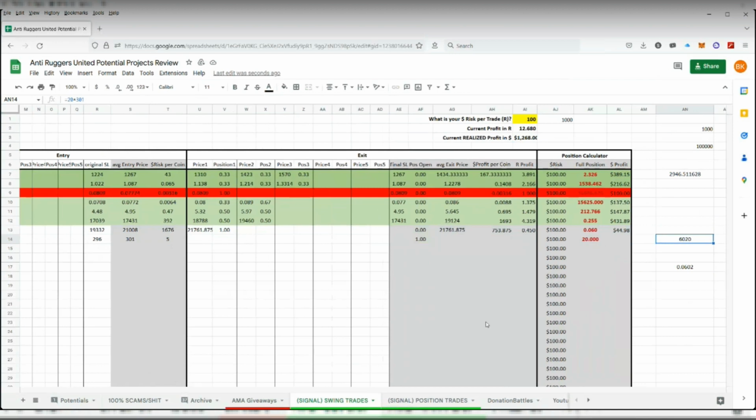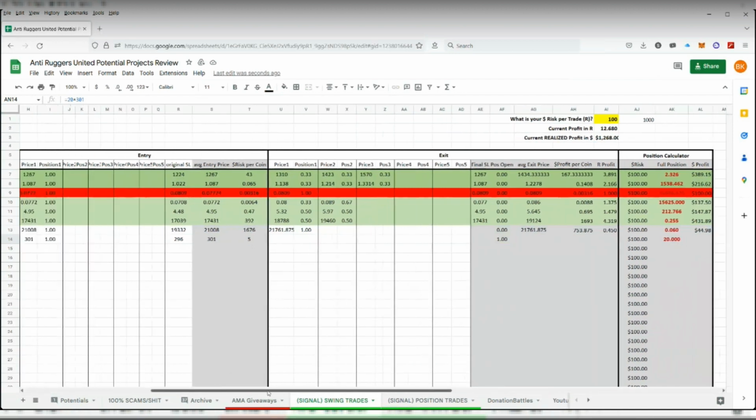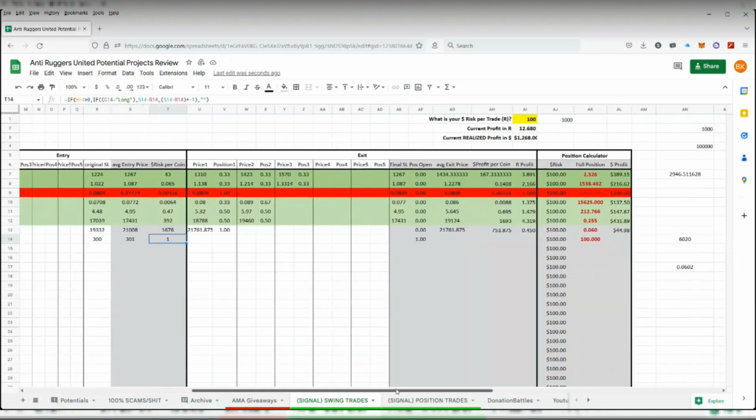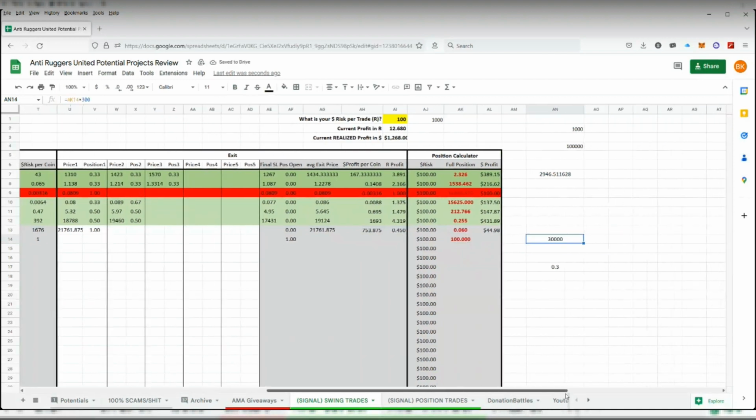And especially if the stop loss is very small, let's say it's only like $1. So we're buying at 301, but our stop loss is at 300. This is where leverage gets very important. So let's say we're doing a scalp trade, a real quick 1-minute trade. Our stop loss is only $1 below our entry, so we're risking $1 per coin. If I want to risk $100, I would have to buy 100 BNB. So that means I'm buying $30,000 worth of BNB with a $1,000 account. So I would need 30x leverage just to buy this one